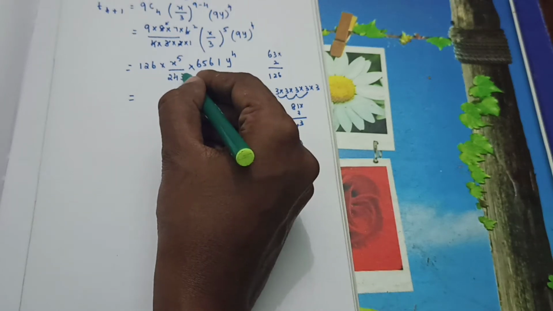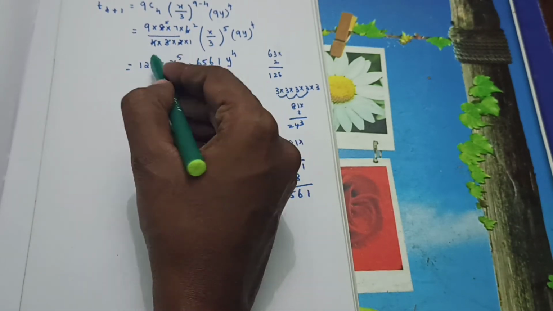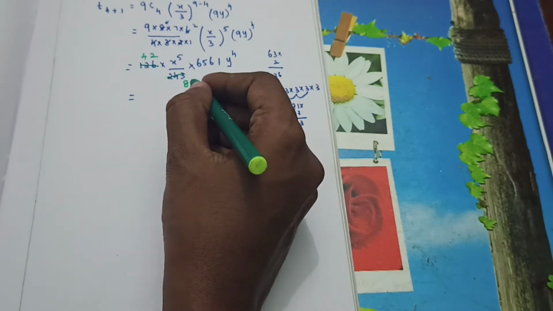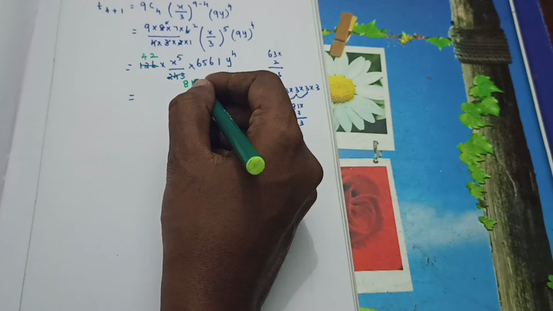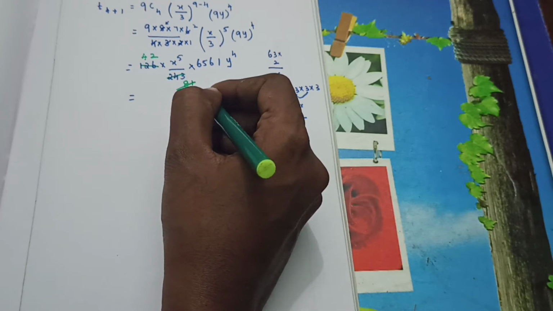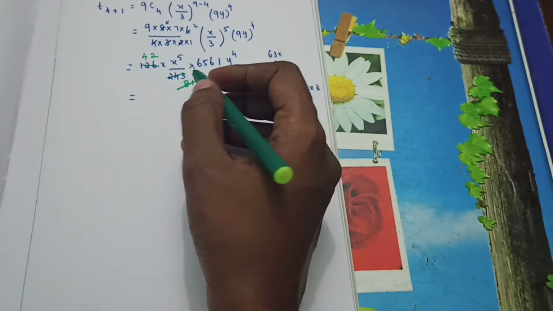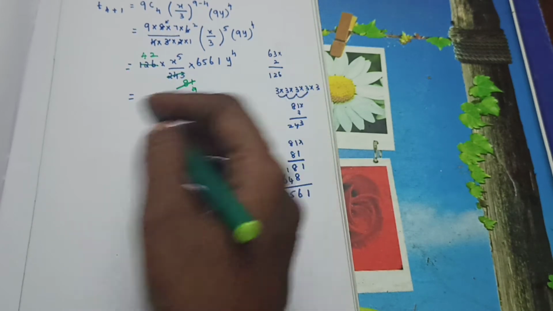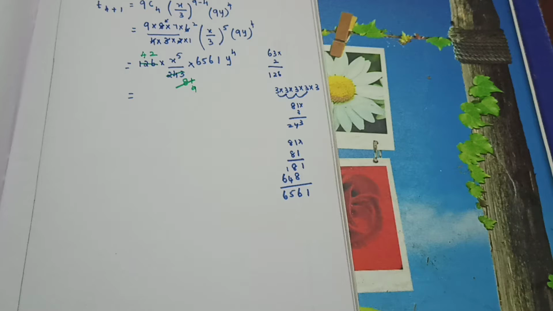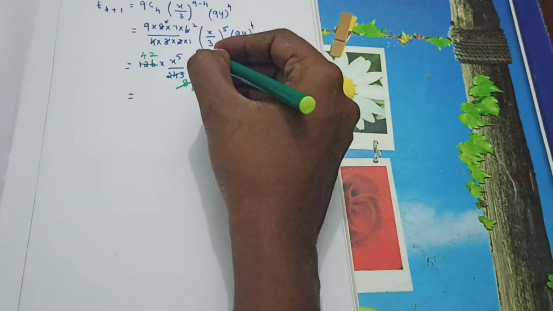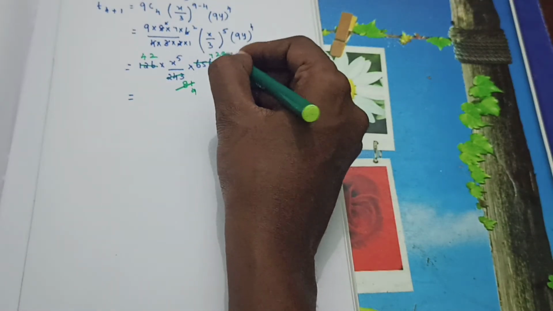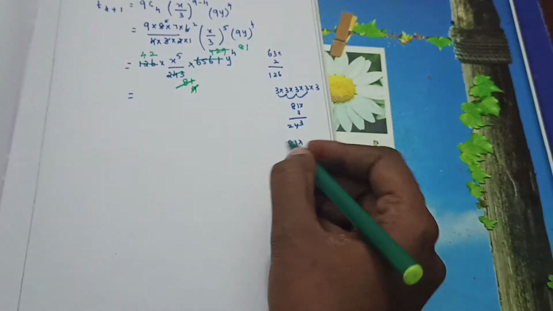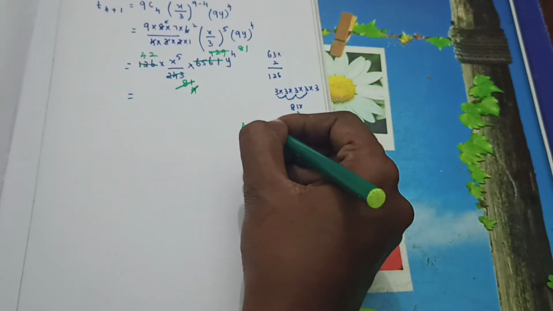So for the 3 table, you can cancel this as 81. If you cancel this, you will get 4/2. Again you can cancel for the 3 table. So for the 9th table, 81 will change as 9. Again you can cancel, and when you cancel you will get 729. Again for 9 you can cancel this as 81. Now we are going to multiply, that is 42 into 81.